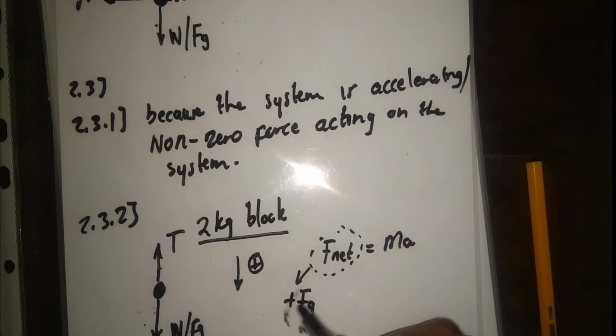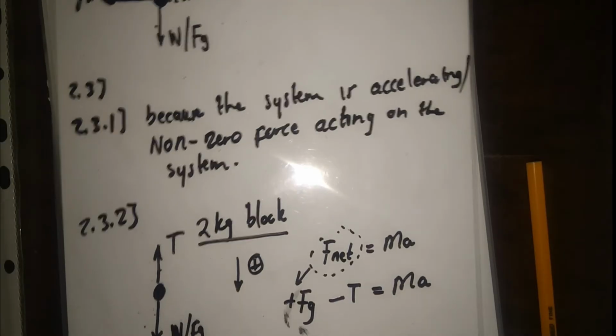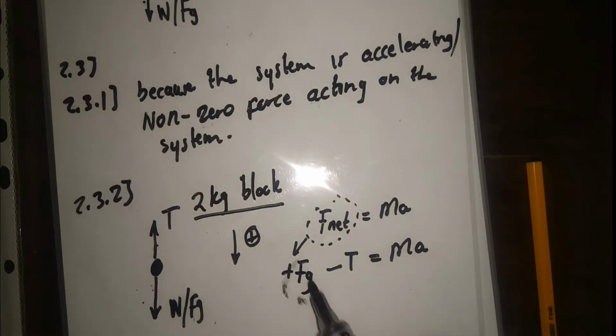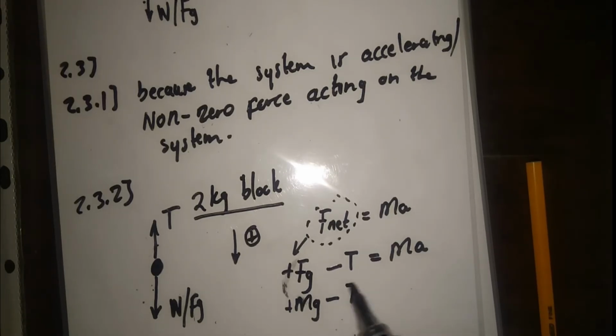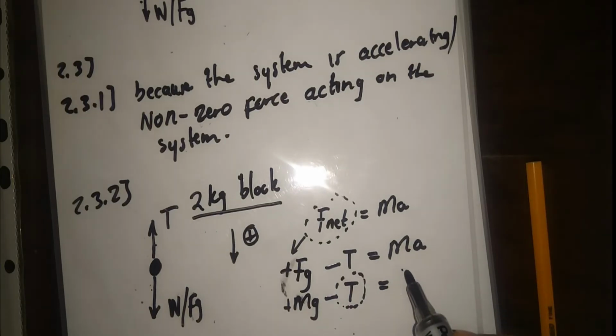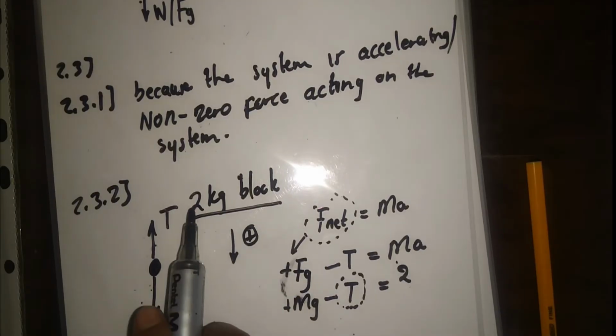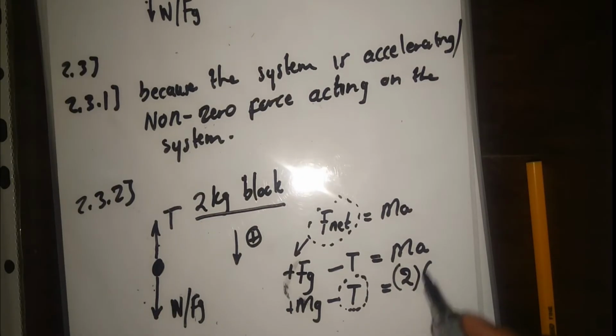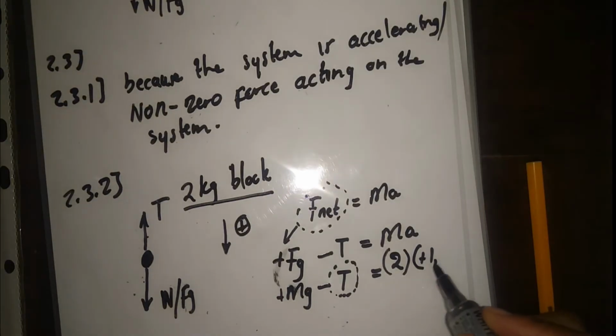Fg uzoba positive ngoba ubheke phansi, and then tension uzoba upward, uzoba negative ngoba upointer upward. So it's going to be equal to ma, right? Now Fg, also siyazi ukuthi Fg is equal to mass times gravitational acceleration minus t, which is the value esifunayo, equal to, let's substitute to m wethu. M nangu it's 2 for the 2 kg block, and then acceleration here too is positive 1,